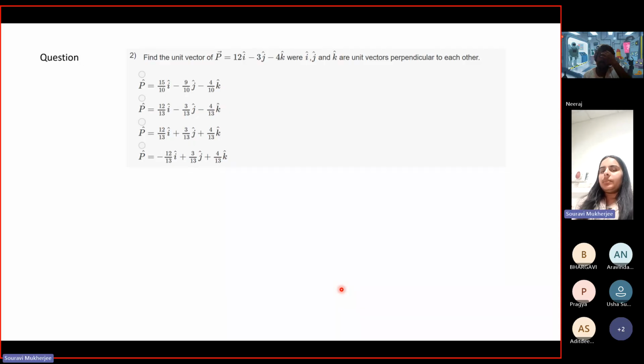So now, as I looked at different questions in the assignment, there can be questions like this, which are very trivial. If you have a vector and you want to find the unit vector in that direction, what do you do? You find the magnitude, which is nothing but the square root of all the components squared and added. And once you get the magnitude, you divide each component by the magnitude. So that is basically your unit vector in this direction. Okay.